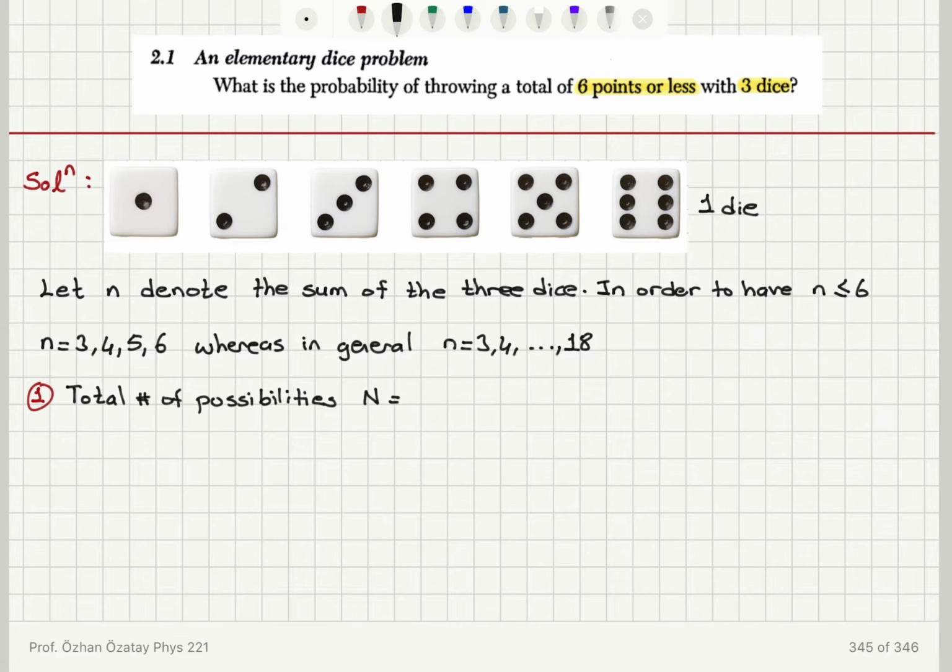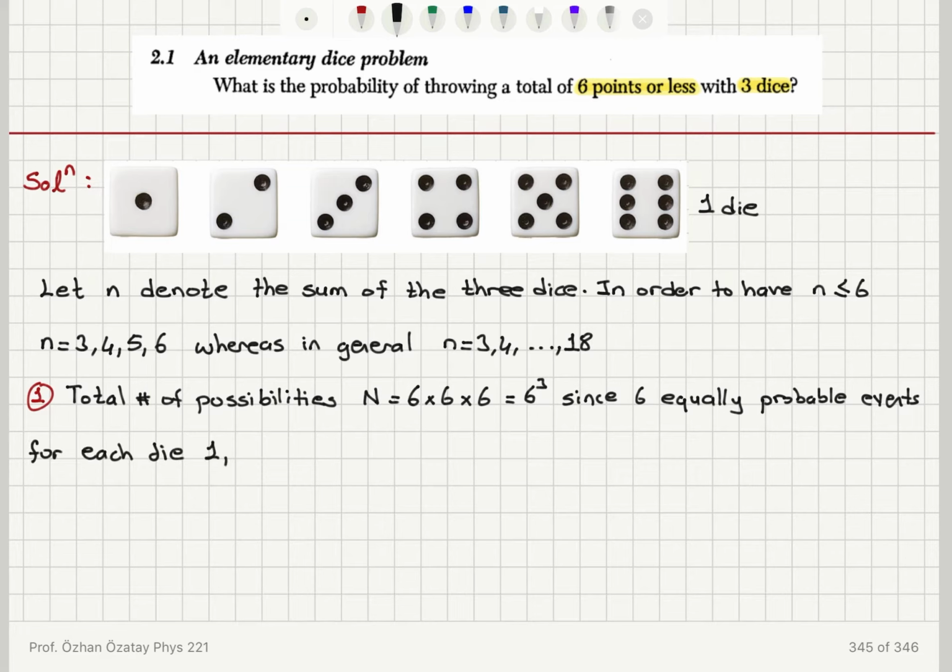For one die we have 6 possibilities: 1, 2, 3, 4, 5, or 6. For the second die we have 6 possibilities. For the third die we have 6 possibilities. So the total is 6 to the power 3, because we have 6 equally probable events for each die. We're assuming that there is no preference for any face of the die. So this will imply